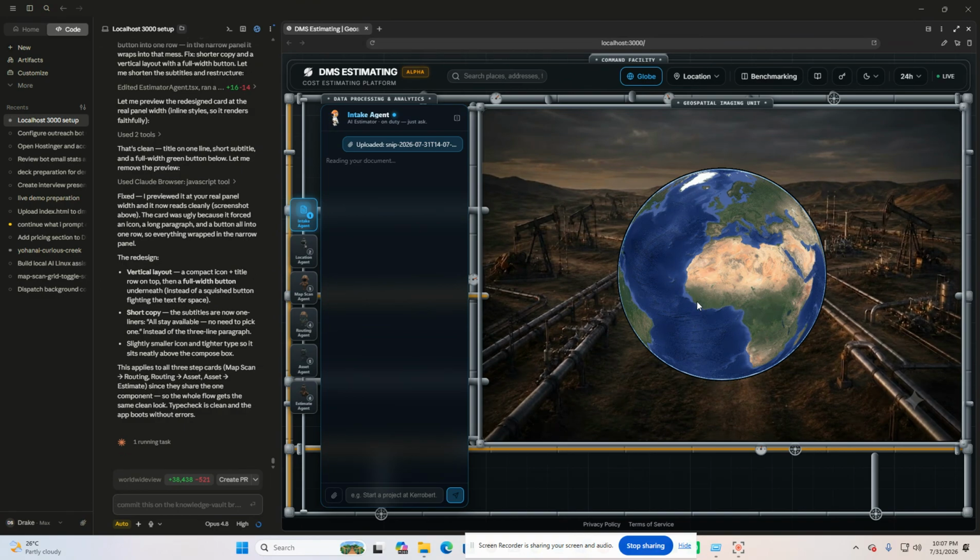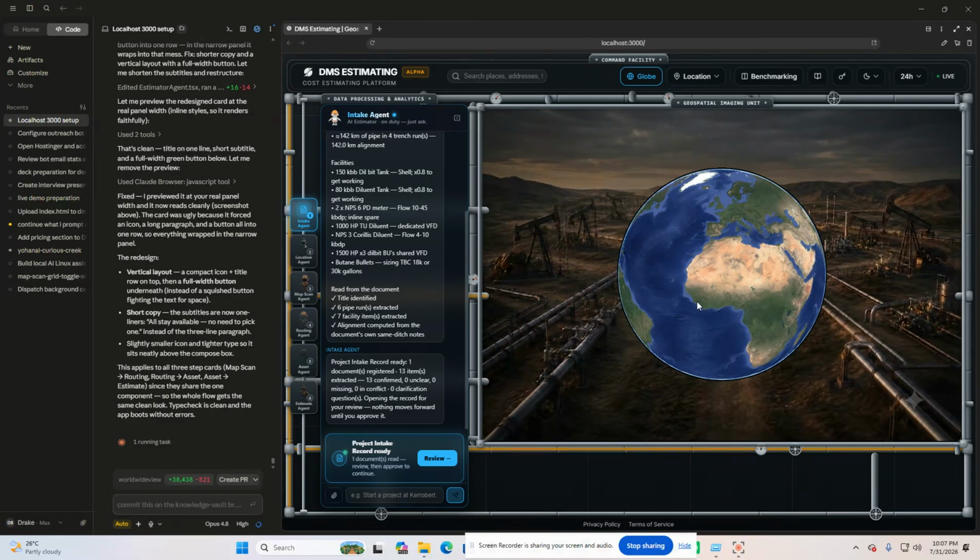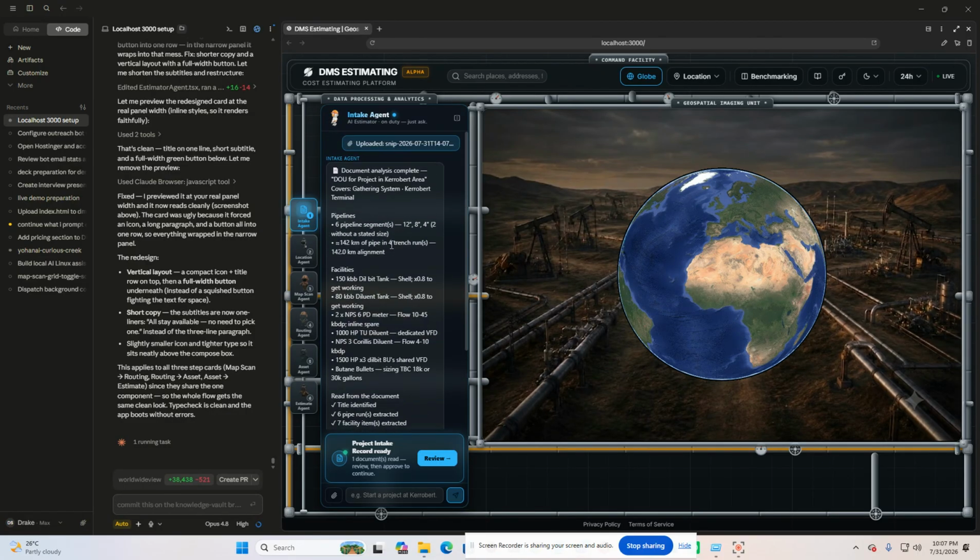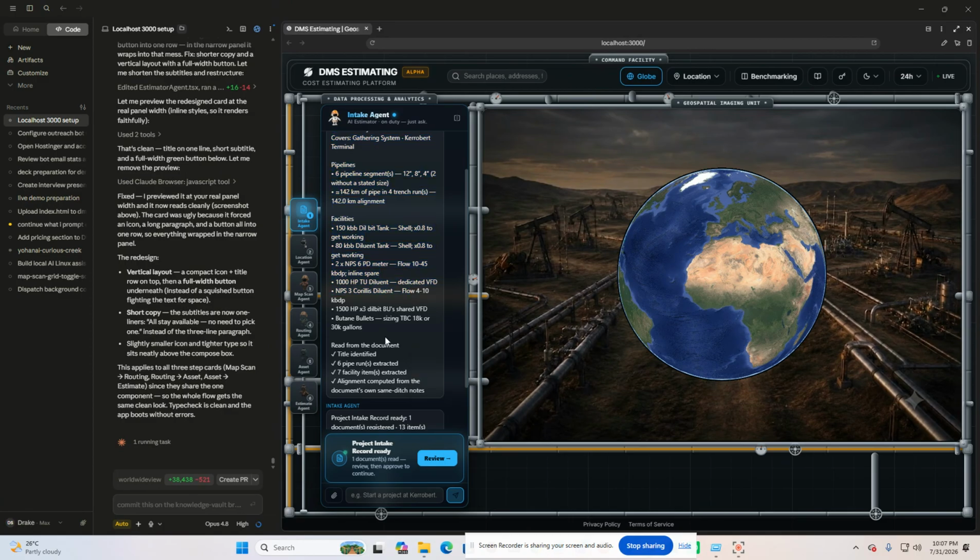So you can see it. I uploaded the DOU in the intake agent, and then actually it's reading right now. And then it will show all the details, like it summarizes it. Okay.